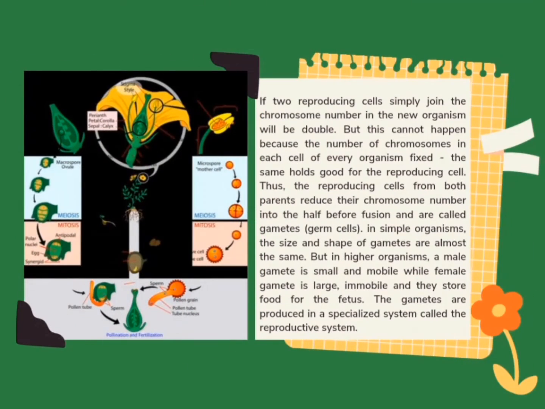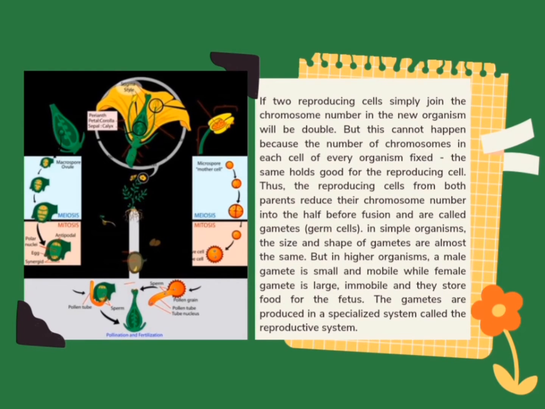If two reproducing cells simply join, the chromosome number in the new organism will be doubled. But this cannot happen because the number of chromosomes in each cell of every organism is fixed. The same holds good for the reproducing cell. Thus, the reproducing cells from both parents reduce their chromosome number to half before fusion and are called gametes